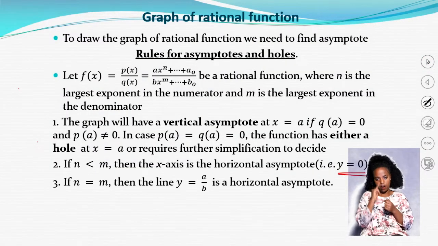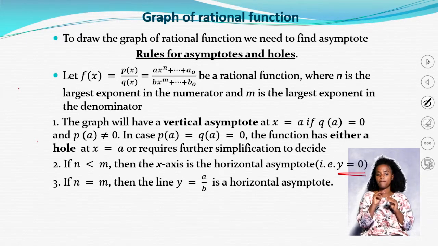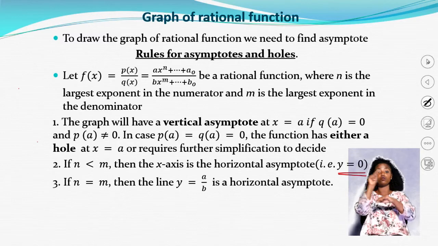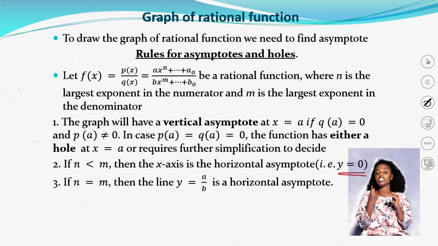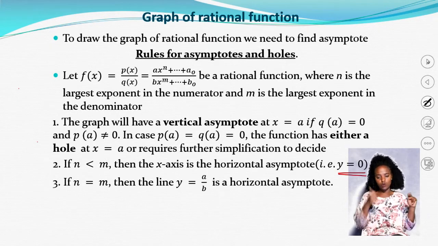If n is equal to m, if the degree of numerator and the degree of denominator are equal, then the line y equals the ratio of the leading coefficients, a over b, is the horizontal asymptote